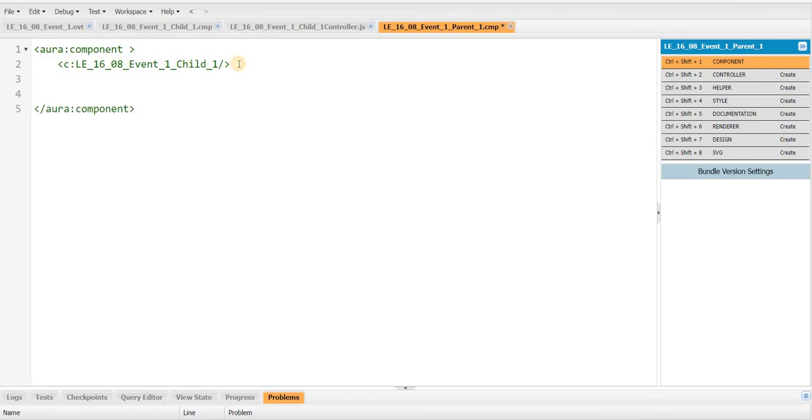Now whichever component wants to listen to the event, we have to write an aura handler inside that component. What is the aura handler name? It is exactly the name which we have written while registering the event. That is first. Here we have to write event. While registering the event we write type, while writing the handler we have to write event. Event equal to